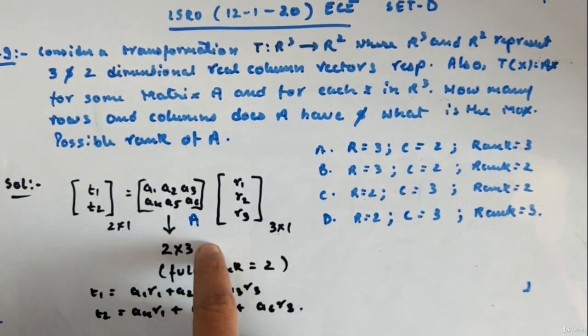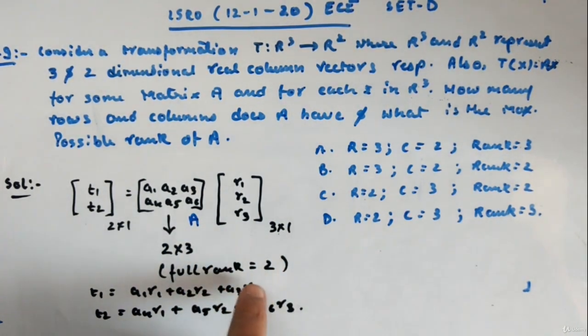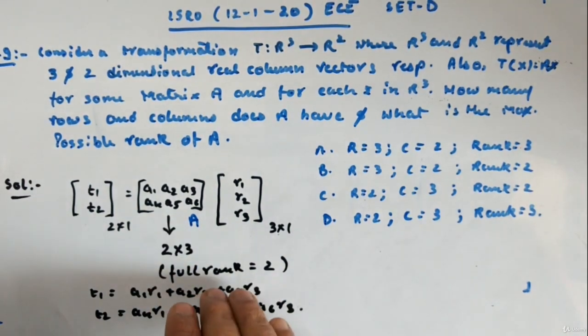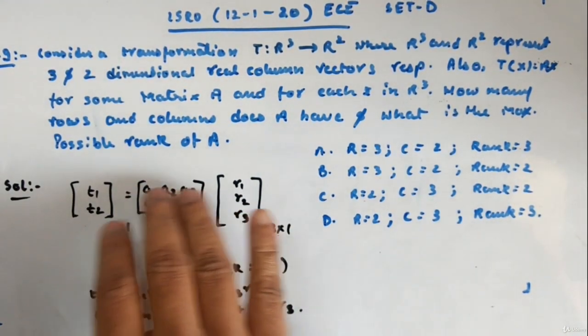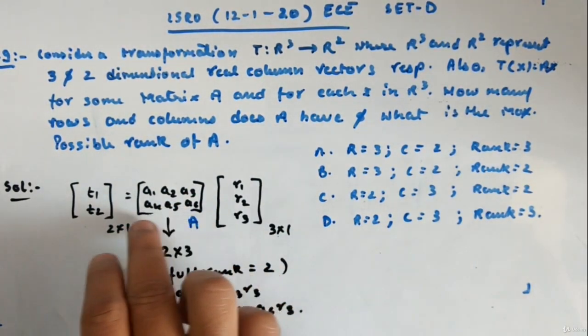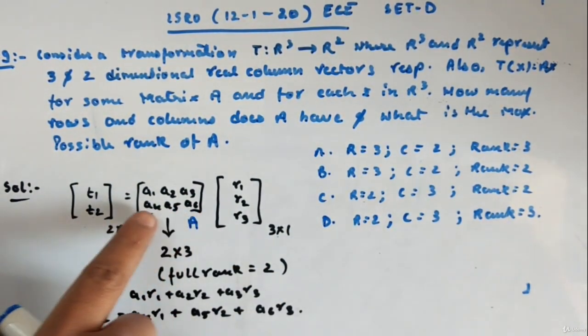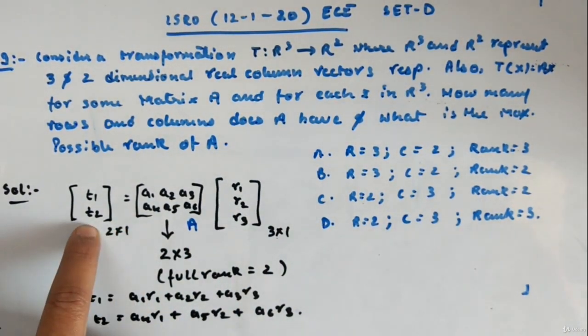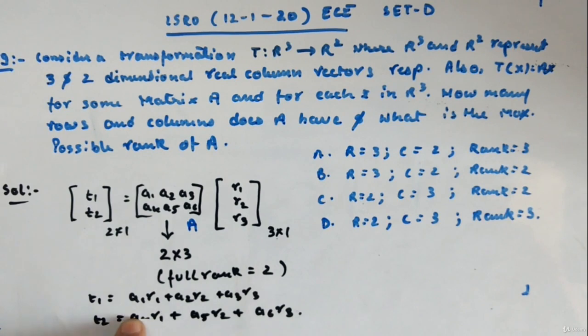So once we got the dimension, we are telling full rank, because if it has less than full rank, means if it has rank equal to 1, then this row will be full 0. No elements will be present in this row. All will be 0, 0, 0. And in that case, we won't be having T2, because this term will be 0.